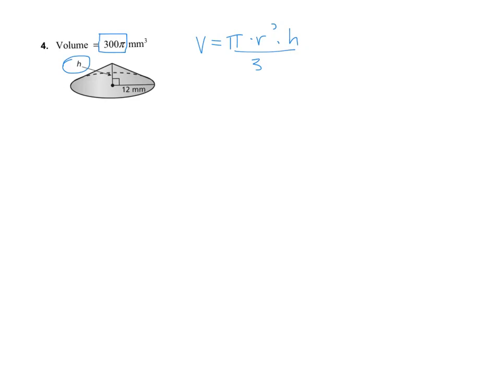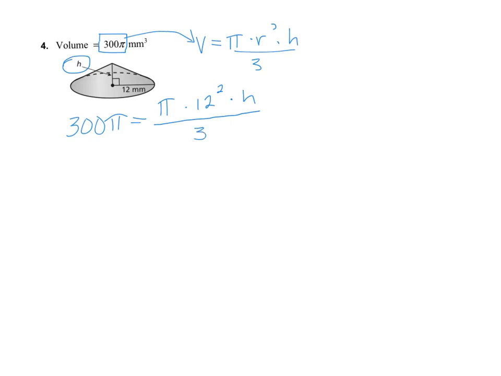Let's fill in the information that we have. They're saying 300 pi is our volume. So I'm just taking that and plugging it in for V. And that's going to be equal to pi times radius squared, that's going to be 12 squared, times the height, which we don't know,